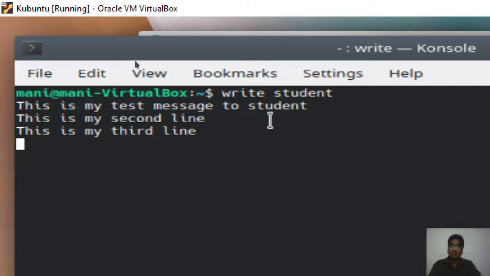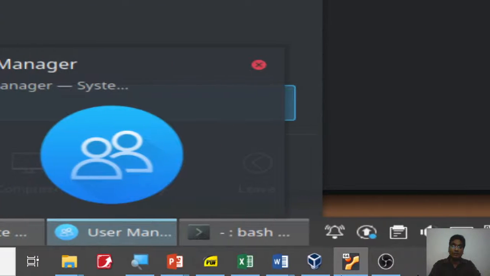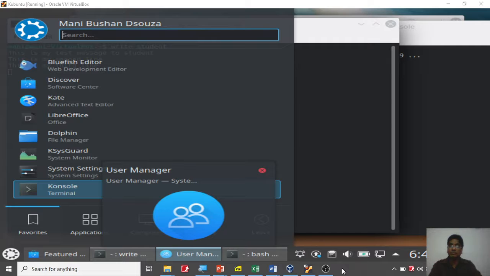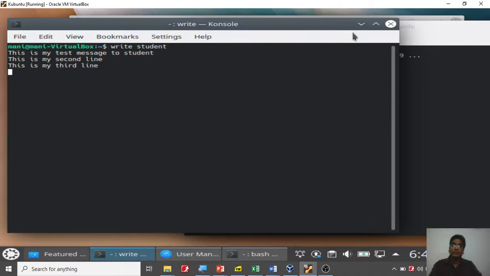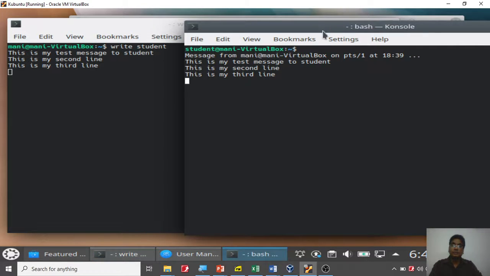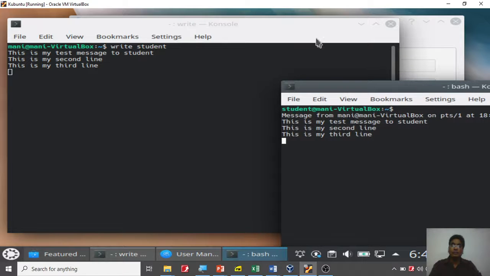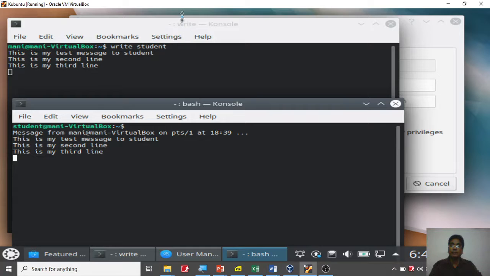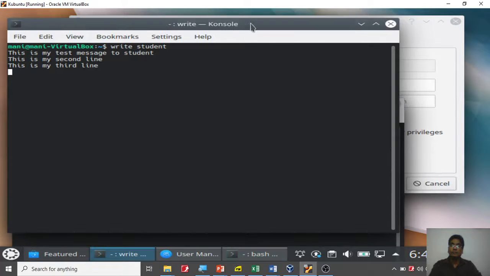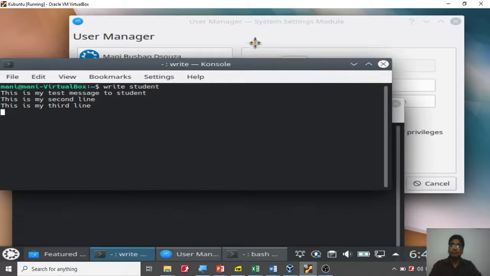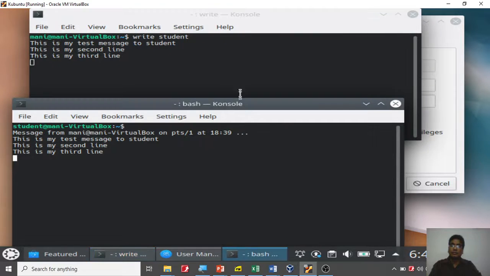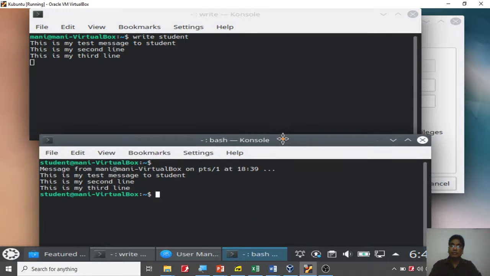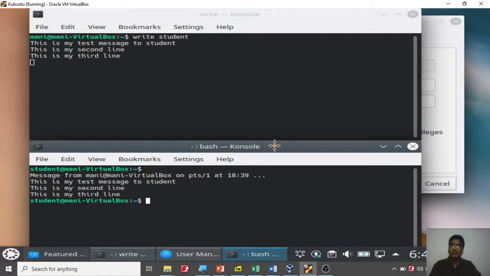Now I'm going to just move out of here and zoom out so that I can see. You notice there, I'm going to slightly keep it here, somewhere here. Just notice what's going to happen. Maybe I can show you by reducing this one and reducing this one so that you can see both of them. So the bottom one is the student and the top one is money.